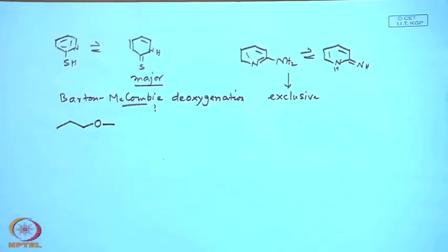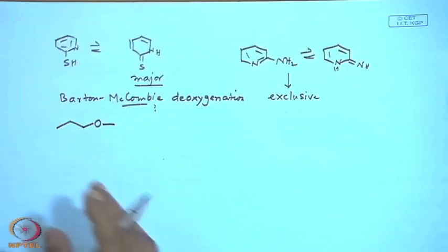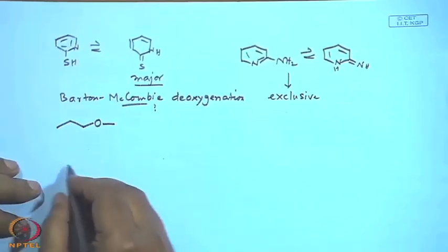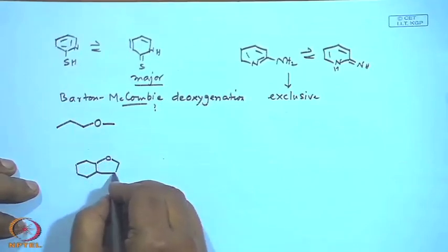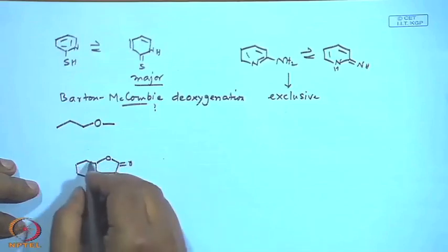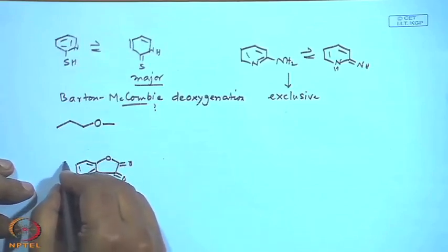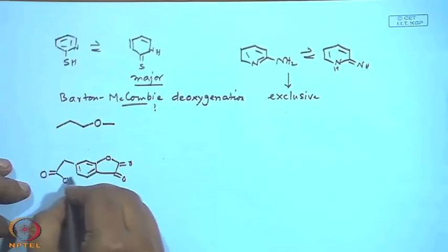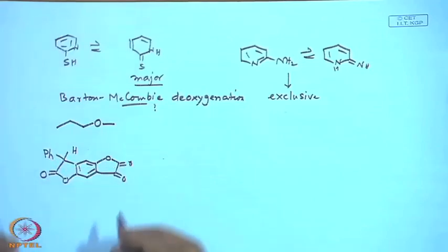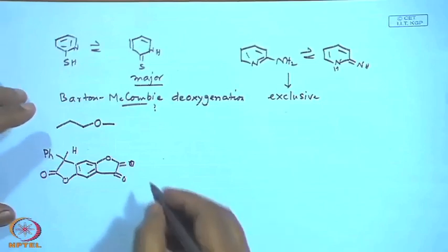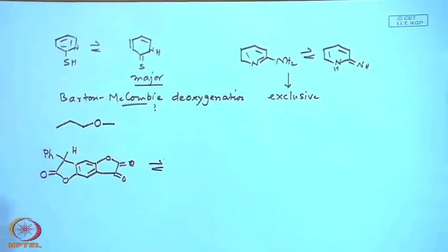Let us take one more example. This is a nucleus I will be talking about: say benzene, then a furanone structure with a compound, then on the other side you have again a furanone, but it looks like a lactone, and hydrogen, and this is phenyl. Okay. Now, normally whatever we know of, from there we cannot really write an equilibrium, right. We do not write an equilibrium,